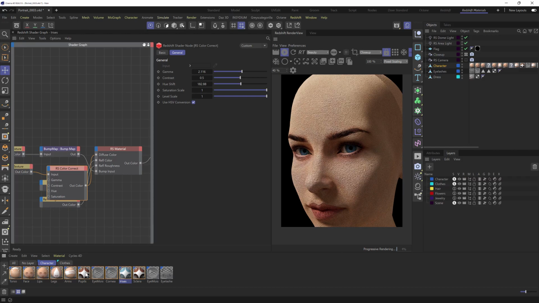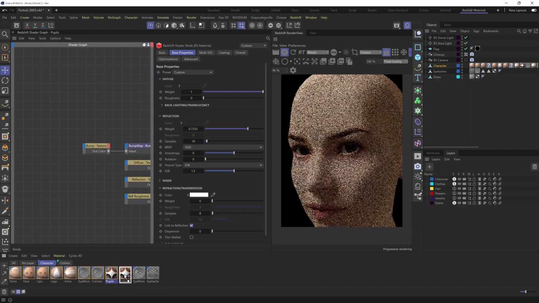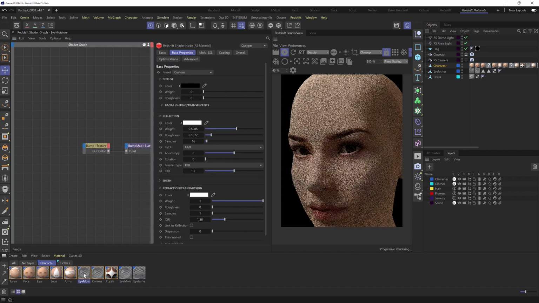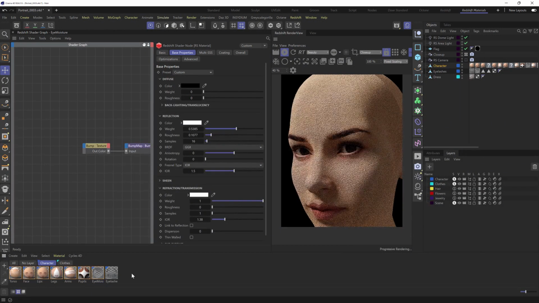So to reduce the amount of materials again, I'll just merge these together, which brings us back to the original brown eyes. And finally, we'll grab the eye moisture and merge it with the similar cornea and the second eye moisture material. So now that we've reduced these materials down to just what we need, let's sort out the intensity